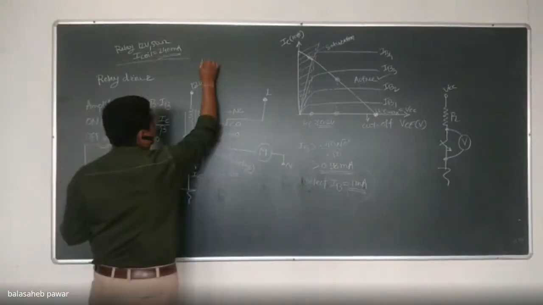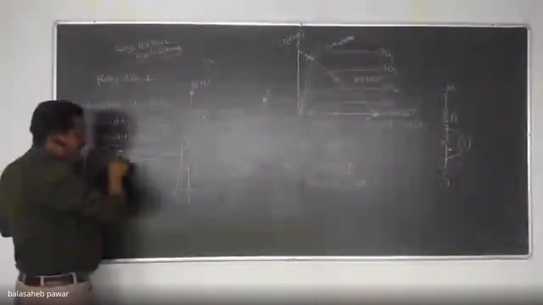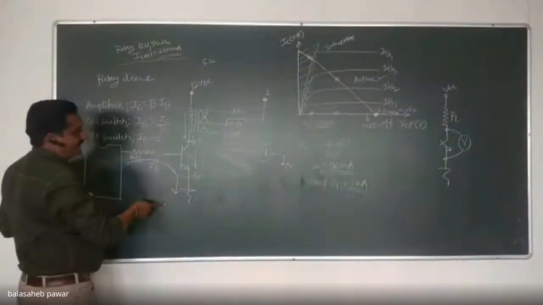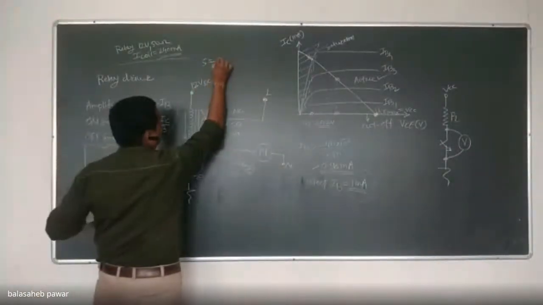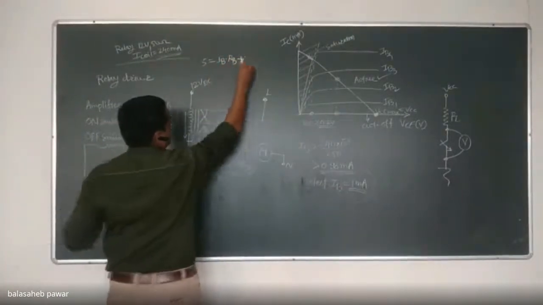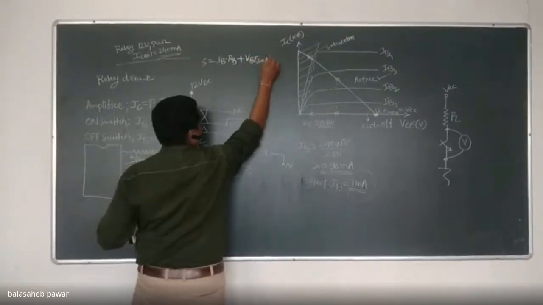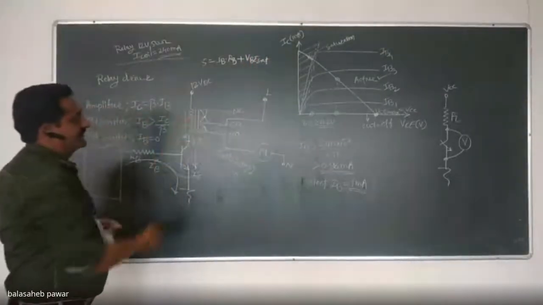Okay. So see, I will consider the output of that microcontroller as plus 5 volt. So 5 volt equals to, KVL says what? The total voltage source equals to total drop in that loop. So 5 equals to, I will simply write it as IB into RB plus VBE saturation, because that transistor is working in the saturation region right now.